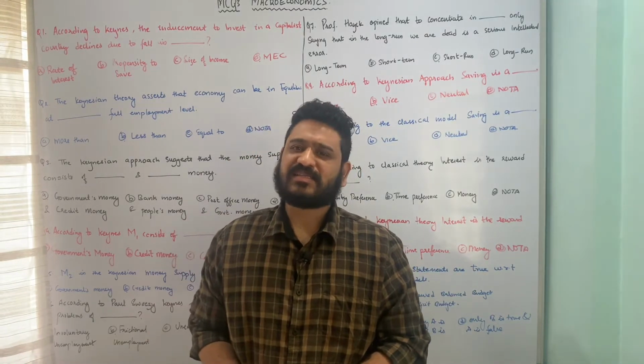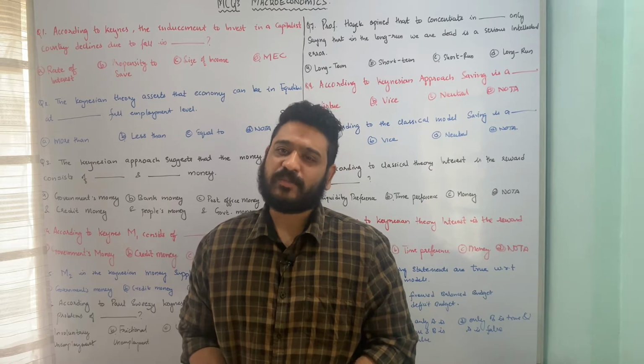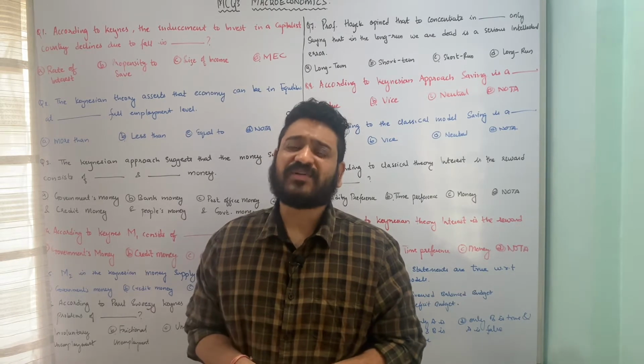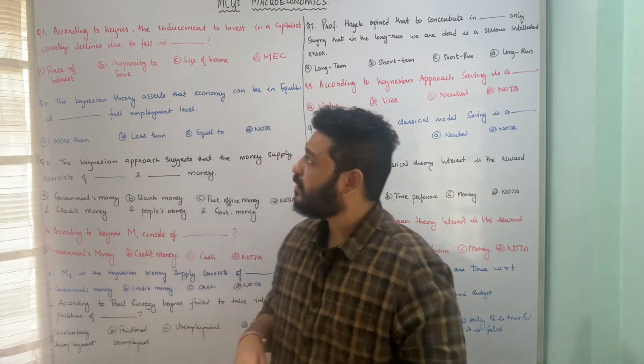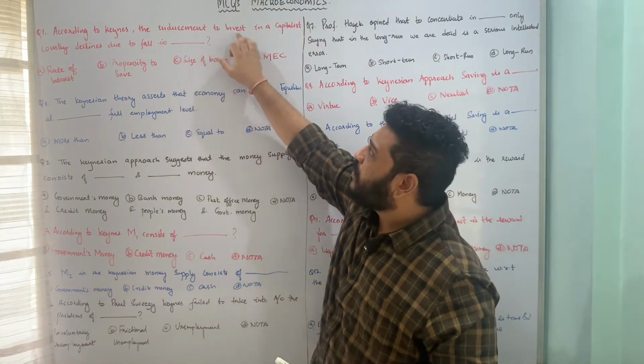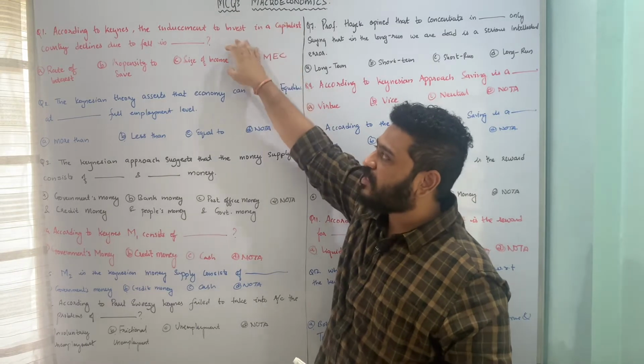In today's class, I'll discuss some of the important MCQs with respect to macroeconomics, that too the later part of Keynesian theory, in which we'll look at some of the criticisms as well. So let's get started. The first question is, according to Keynes, the inducement to invest in a capitalist country declines